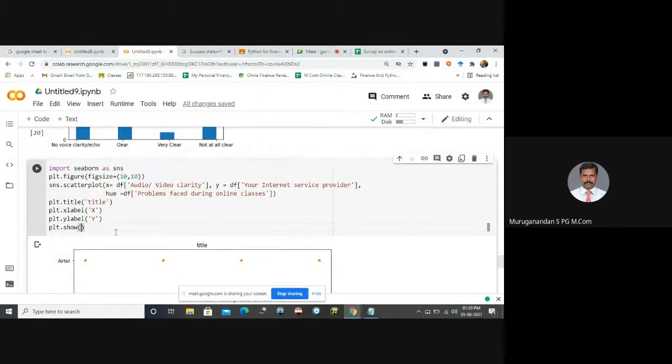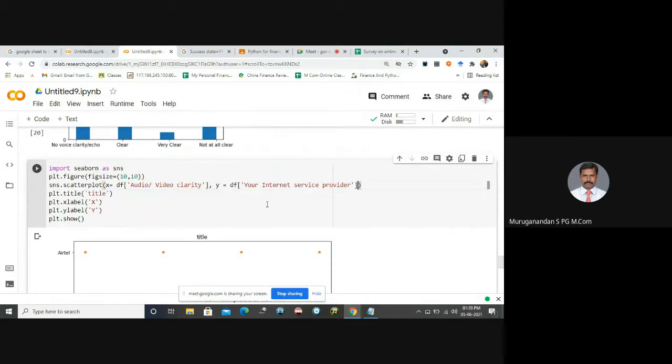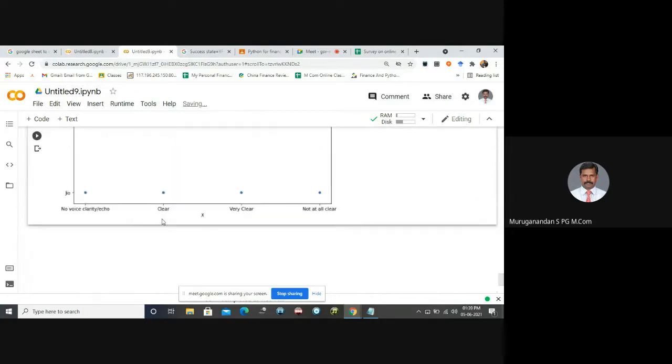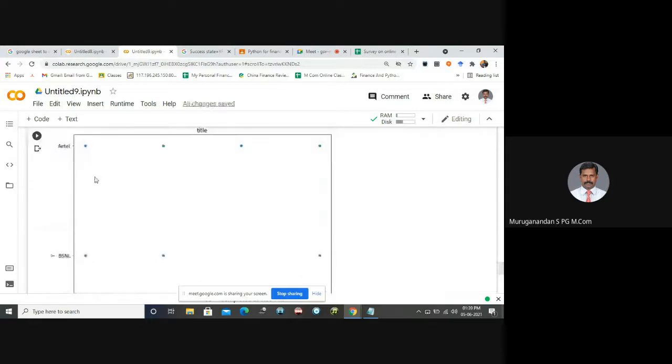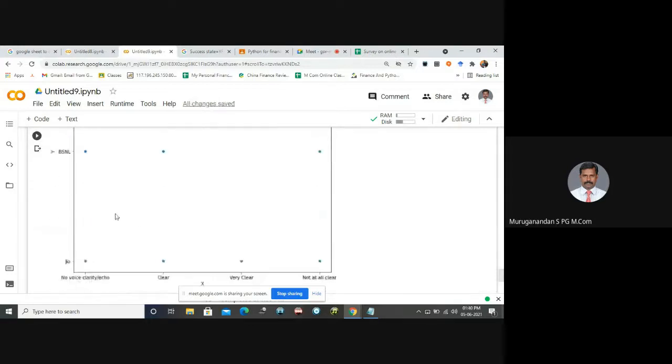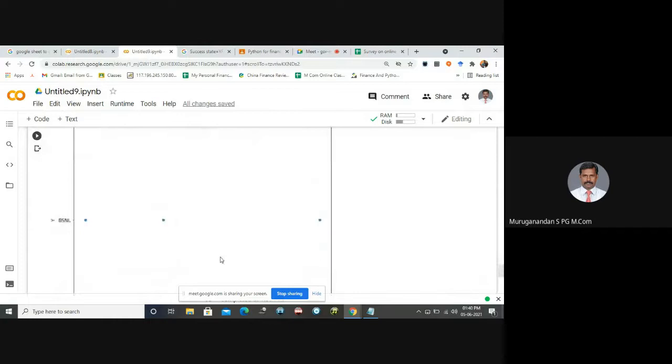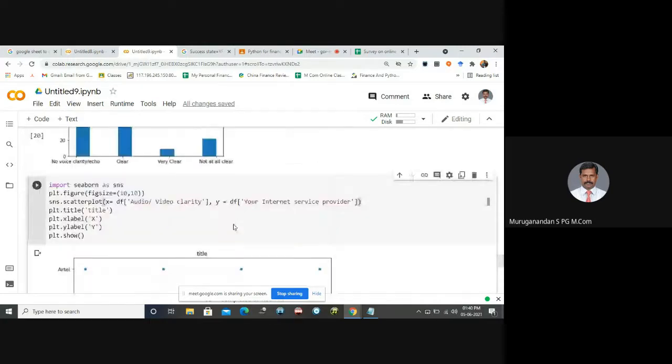We'll get some idea here. See, this is how you will get the data. How many are using BSNL data and Geo network, and how many are telling yes or no, all those things you can get.